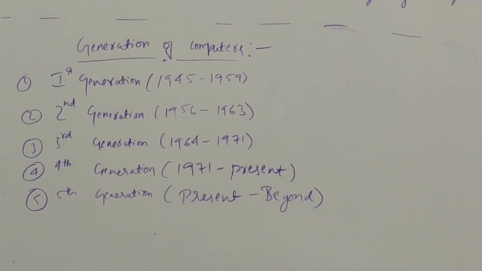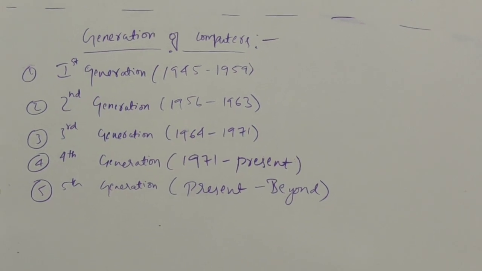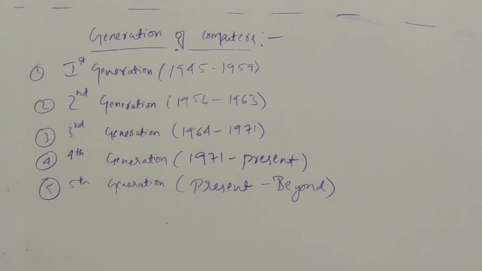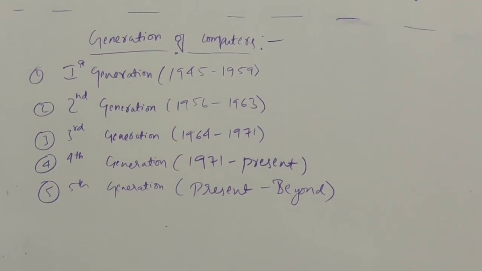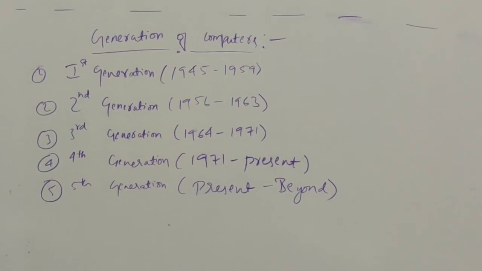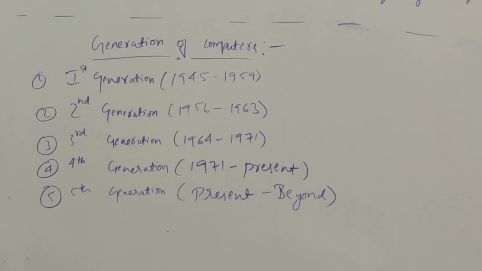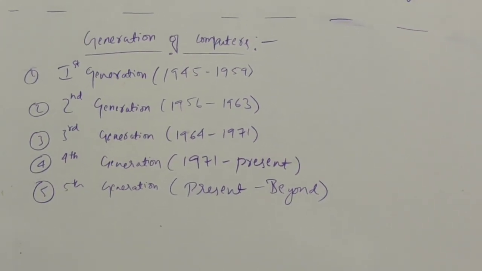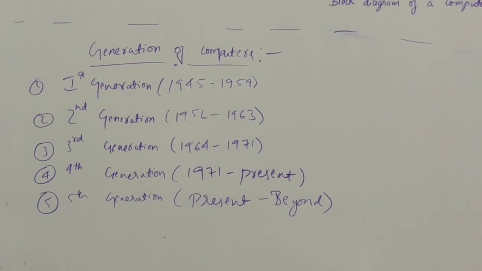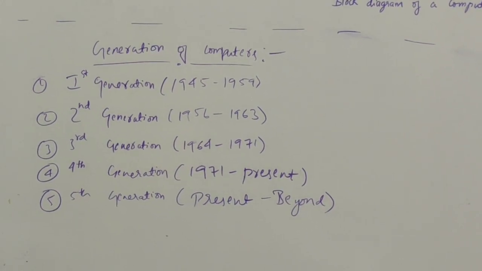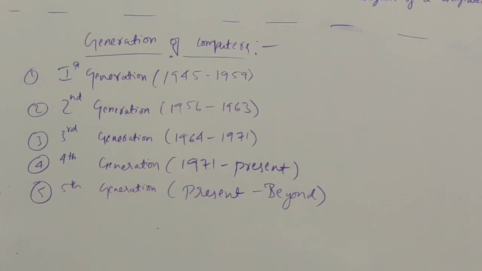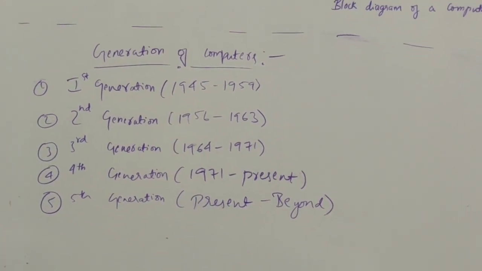Here their features are: transistors are used for internal operations, magnetic core was used for main memory, and magnetic tapes and disks are also used for secondary memory, that is storage. High level languages were used for programming. The important computers of this generation are IBM and GE635. Here the system was faster, cheaper and smaller when compared to the first generation of computers.